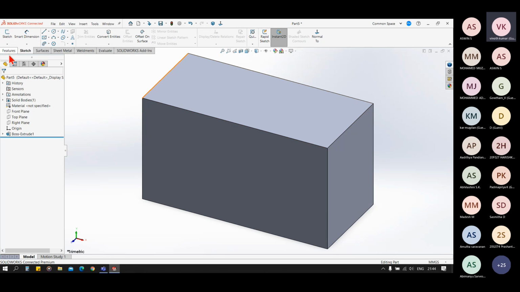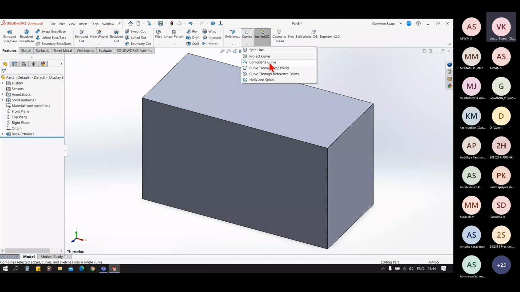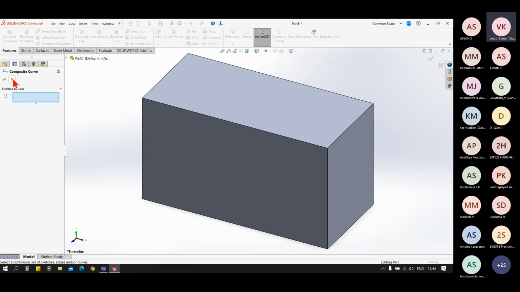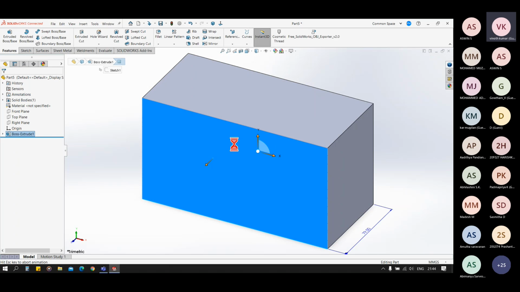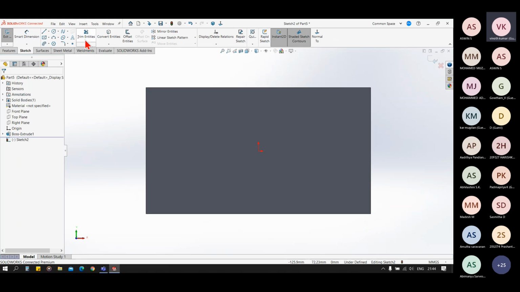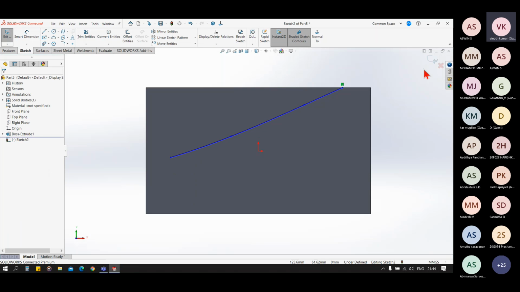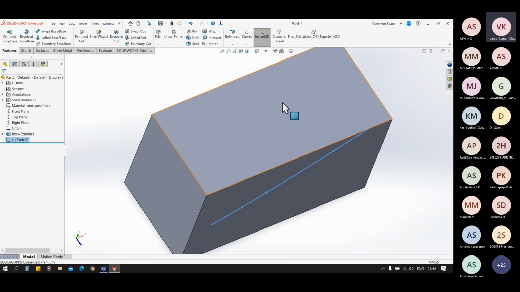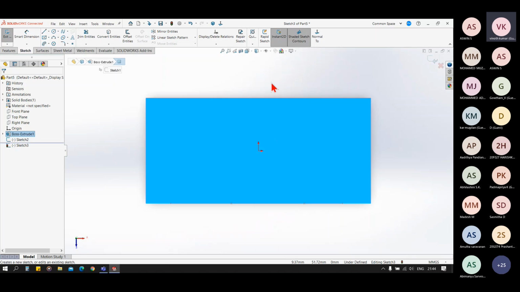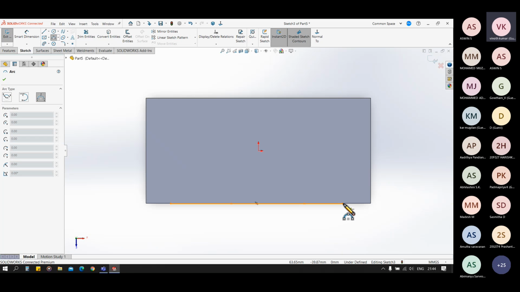Now let's have the other, composite curve. In the composite curve, you can join the curves that are not on the single plane. So let's see, I have this curve here, and let's have other geometry here.